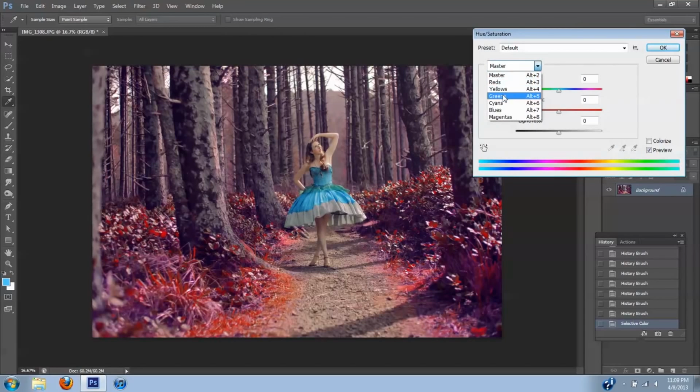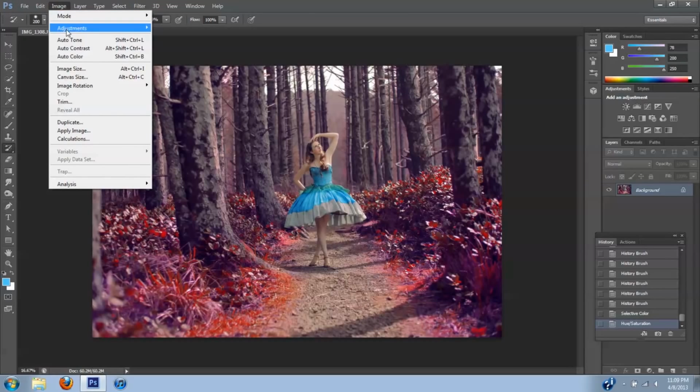So I'm going to go directly to cyans. And I'm going to pump a little more of that in there to just really get that almost supernatural vibrant color from it, because I can. That really helps start to make the model stand out more. So I'm going to click OK, and I'm going to go back up to adjustments,